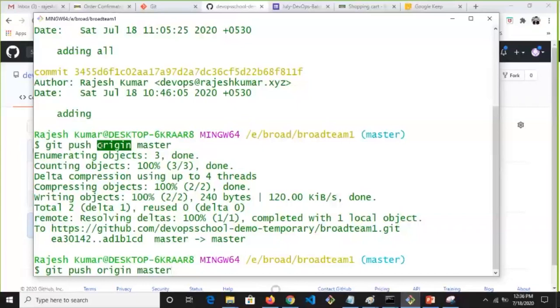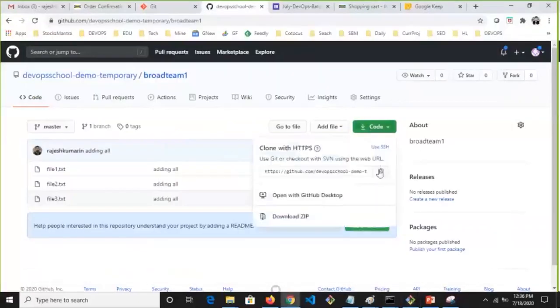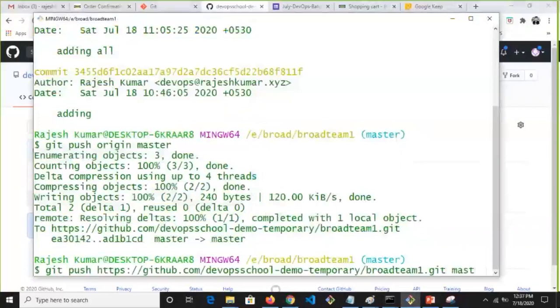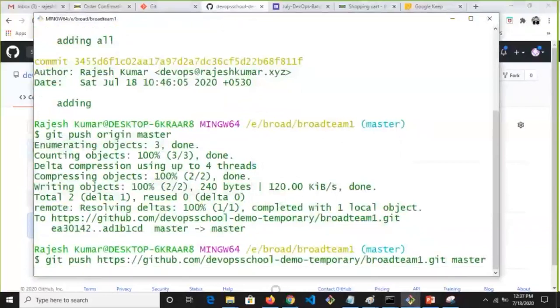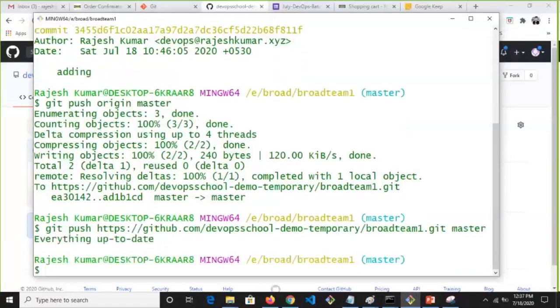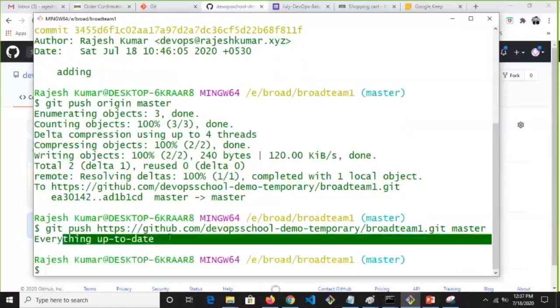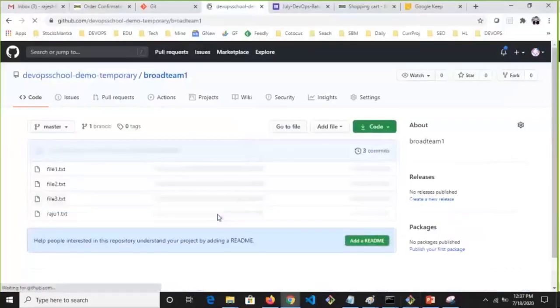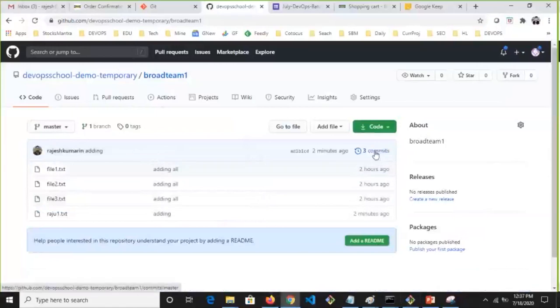Yeah, got it. I can use the long URL also, no problem. But we are developers, right? We get irritated typing the long URL again and again. So Git has given one short name for it, and that we can see. I use this URL also, same thing, because I updated last time. Whatever I had, 3 commits, I gave it here. Let's refresh it. See here, 3 commits you got, 4 files you got, raju1.txt.